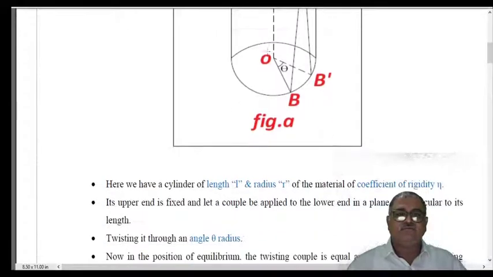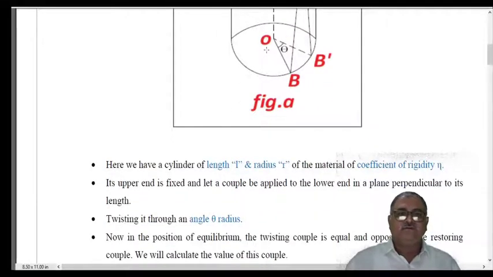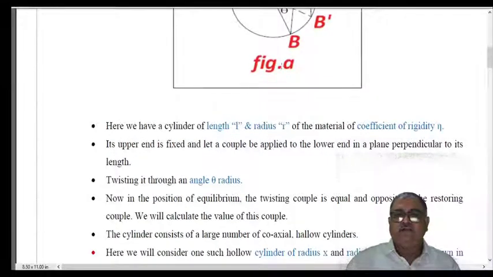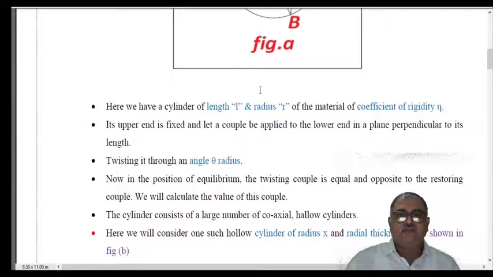See now, here in this diagram we have discussed that the cylinder has a length L and a radius r, and the material of that cylinder has a coefficient of rigidity, that is theta. See again, once again,